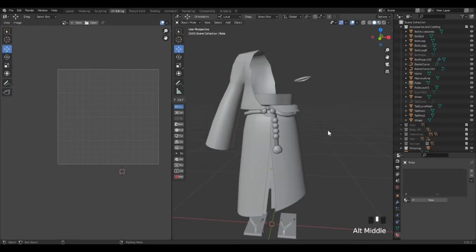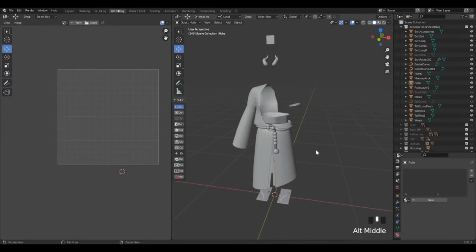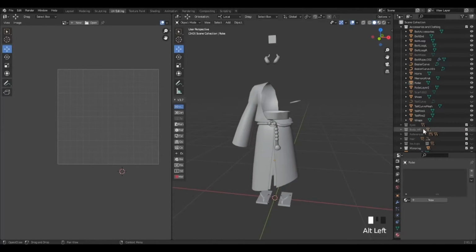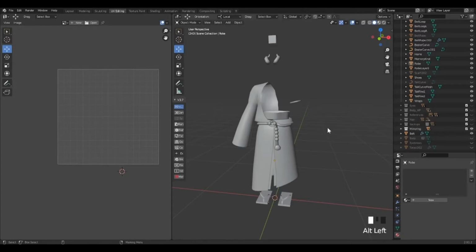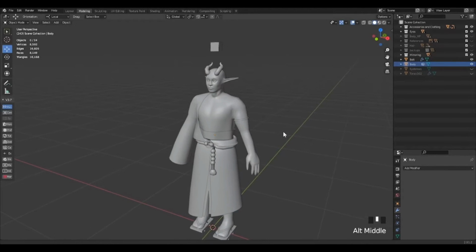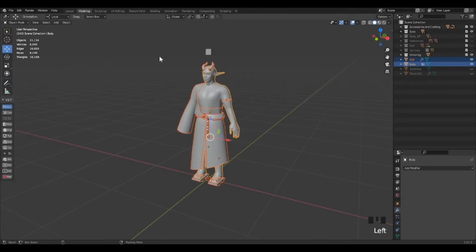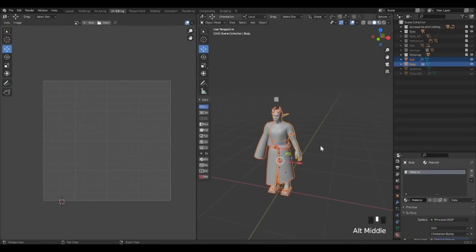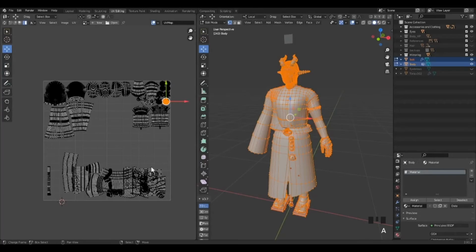Now that we've unwrapped all of our accessories, we have to select all of them as well as selecting our body and everything else that needs to fit onto our texture sheet so that we can position our accessory UV unwraps so that they're not overlapping with the body. I'm just going to unhide the body and the eyes, select everything, go into edit mode,